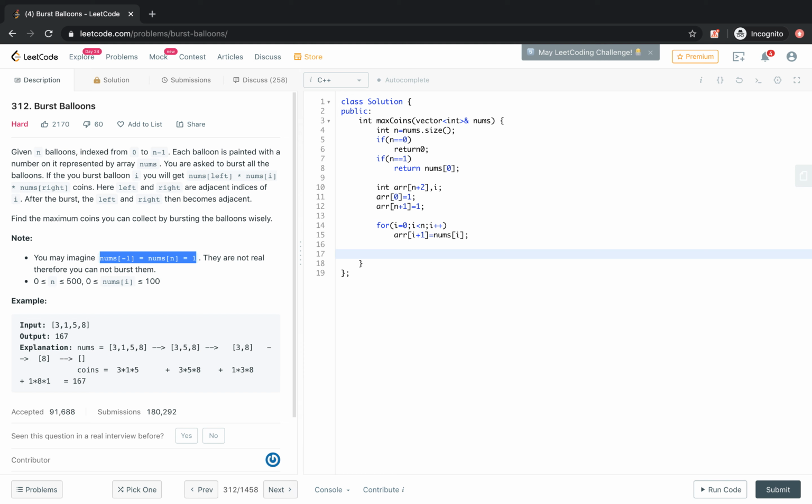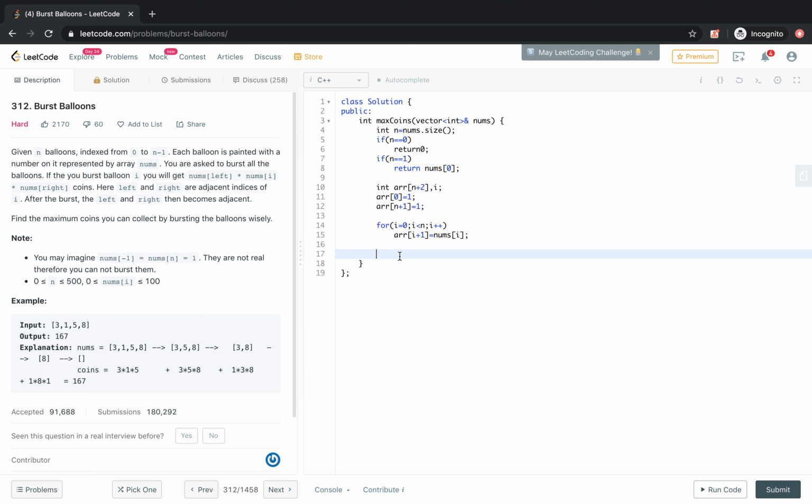Okay, so to solve this problem, as this is an optimization problem, we will use DP. To solve the problem we will try to solve the subproblems: this is the size of the array we are going to optimize, and we can solve this problem for this much of a subarray, and so on.